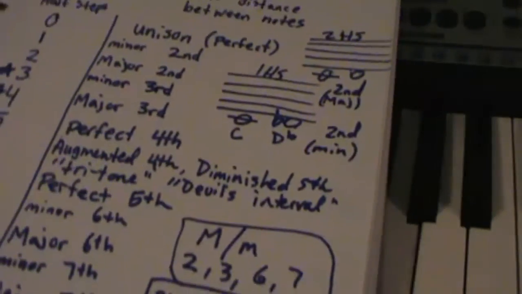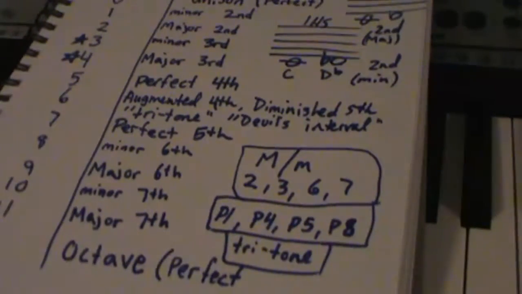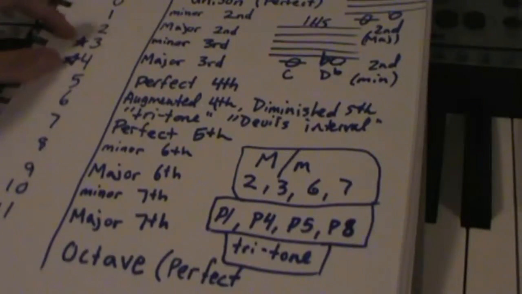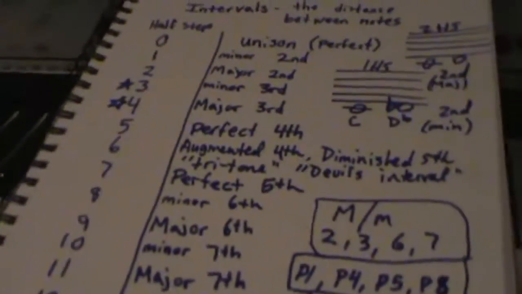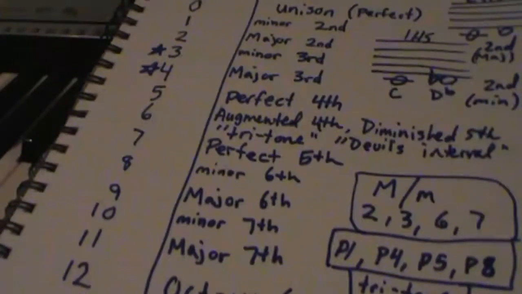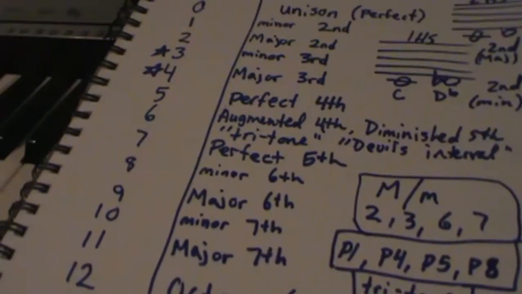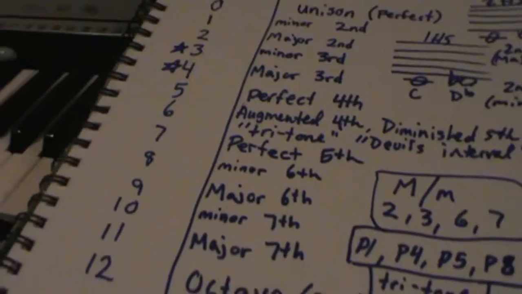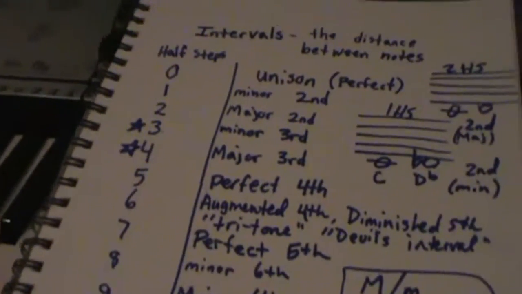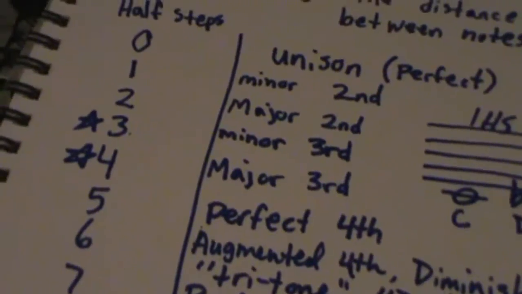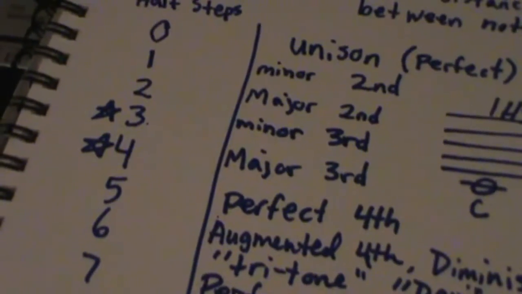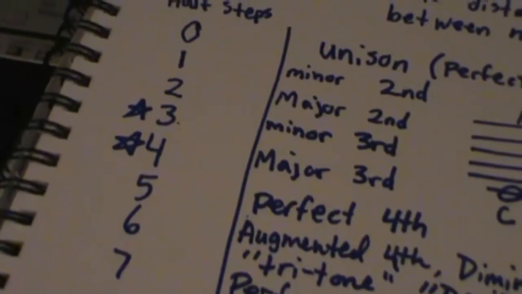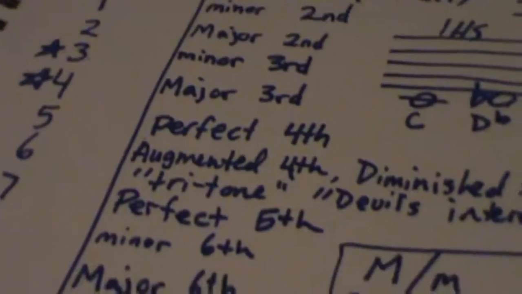Here's another thing for you to memorize. See these stars? This is very important that you know what a minor third and a major third is, because the next video is going to be on how to build chords. Finally, we're going to get to that. Took me long enough. So, just to double check, hopefully you wrote it down, check your chart. Make sure you've at least got the 3 half steps, the 4 half steps. The difference there is,